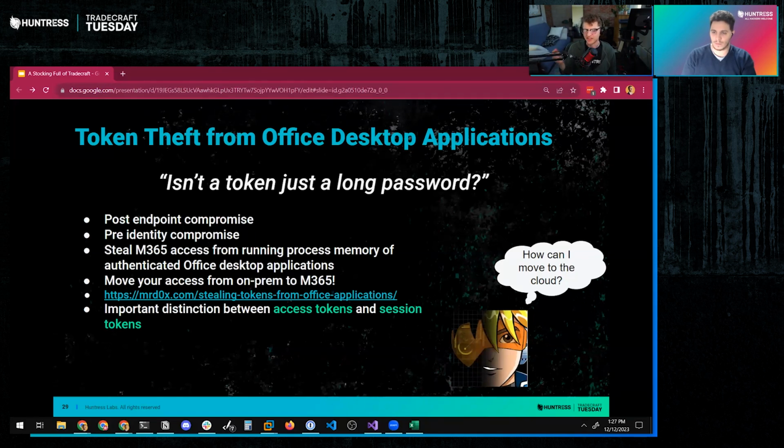And so this is one that blurs the line between what happens when you have on-premise access and what happens when you have cloud access, and how you can maybe move from one to the other. We are after our endpoint compromise, so your traditional landing your Cobalt Strike beacon, but before you have actually compromised any identities. We're going to look around as an attacker and say, okay, I know that M365 is used in this environment, but